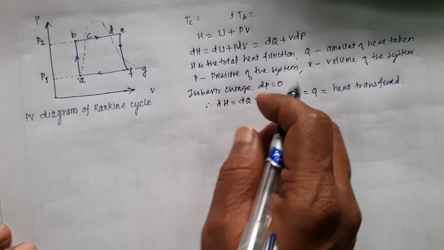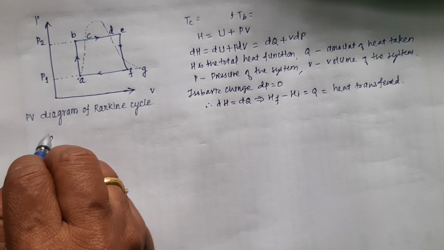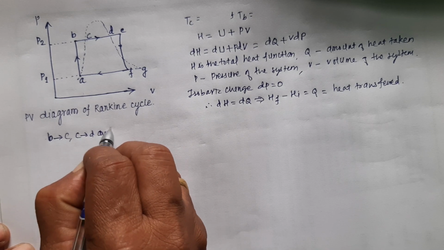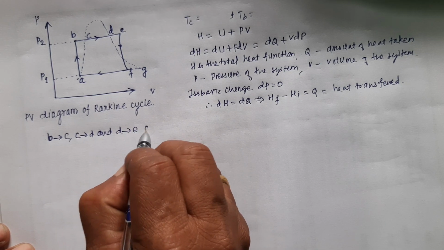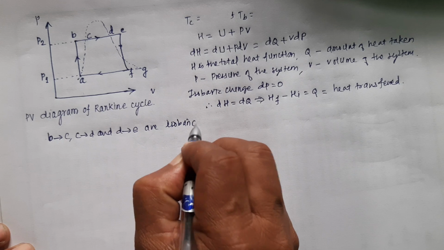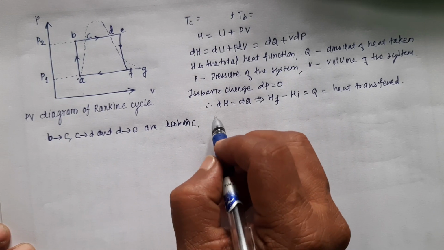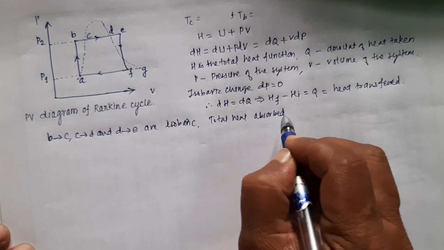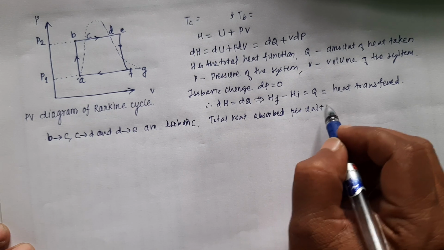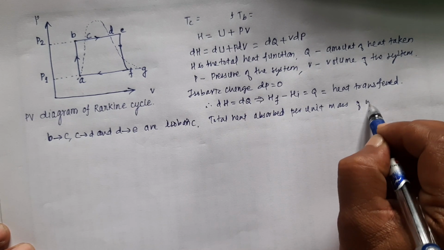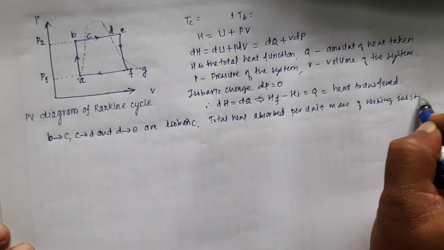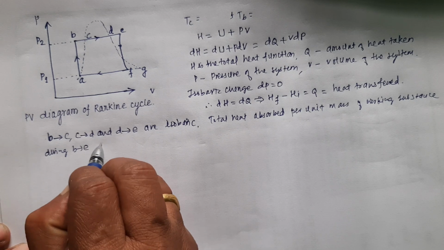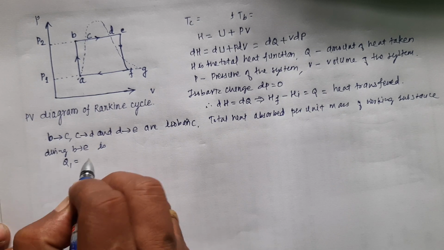In the Rankine cycle, the operations B to C, C to D, and D to E are isobaric. So the total heat absorbed per unit mass of working substance during B to E, here we can write Q1 is equal to